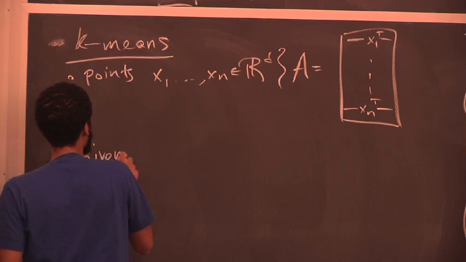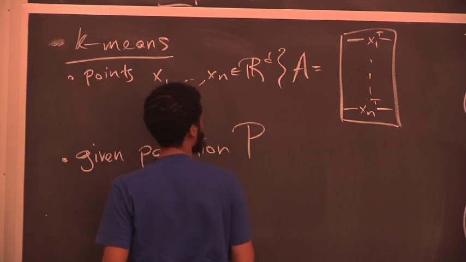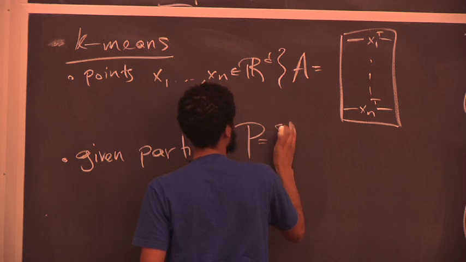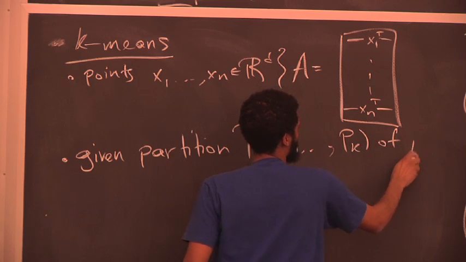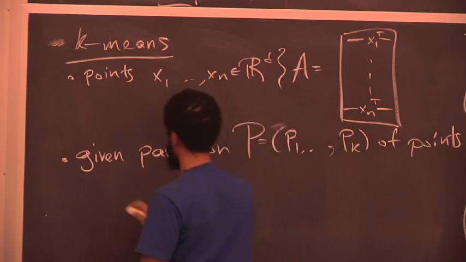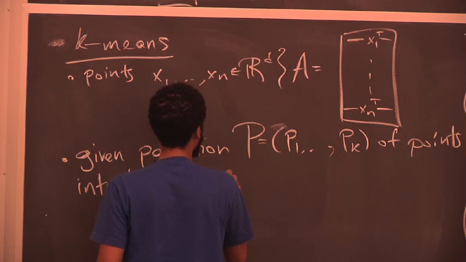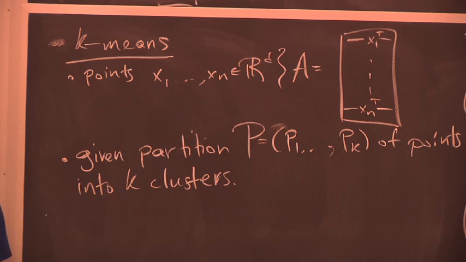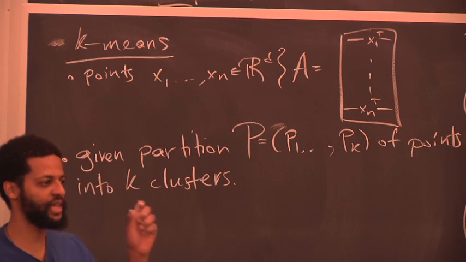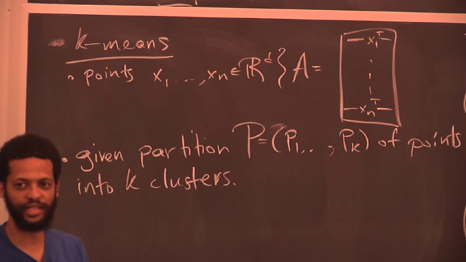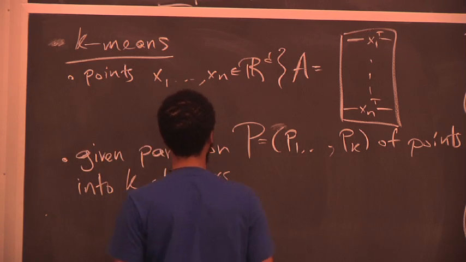Given a partition P, which is P1 through Pk of the points into k clusters, I believe one part of your p-set said that if you have a partition into clusters, the best centers for each cluster are basically the centroids. Just average all the points in the cluster. Then